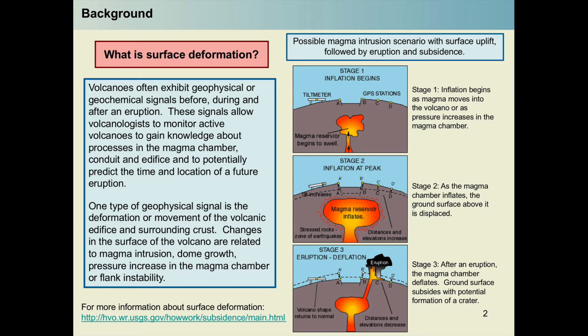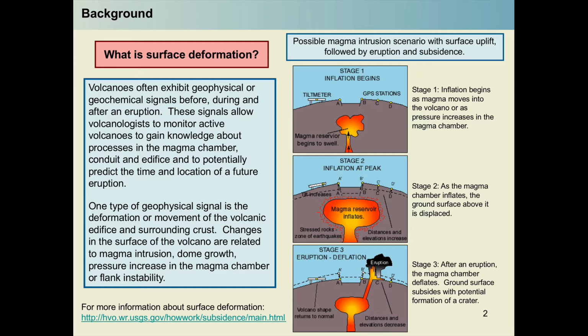As the magma chamber inflates, the ground above it swells, and you can measure that change using tilt meters. The tilt increases as the area around the vent of the volcano moves up. The GPS stations will move up and away from the center of the volcano